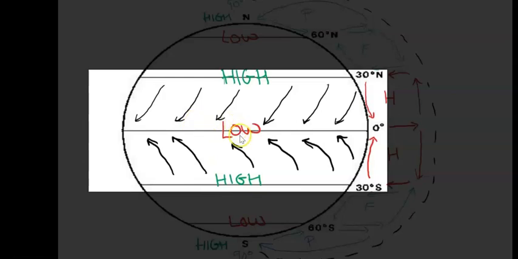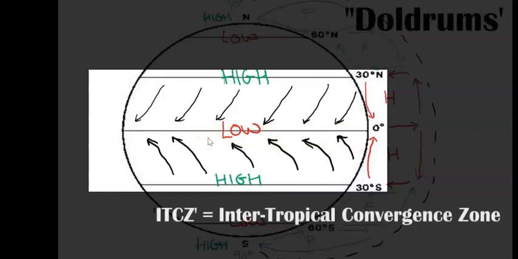But the low pressure is our vacuum cleaner. It's sucking in the air and sucking up the air to rise. So the air is being sucked in towards the low pressure belt, and it looks like this. Now, these winds are called something, we'll get to that in a second. Now, the low pressure where the wind is sucked into is called the doldrums, and it's also called the ITCZ, which stands for the